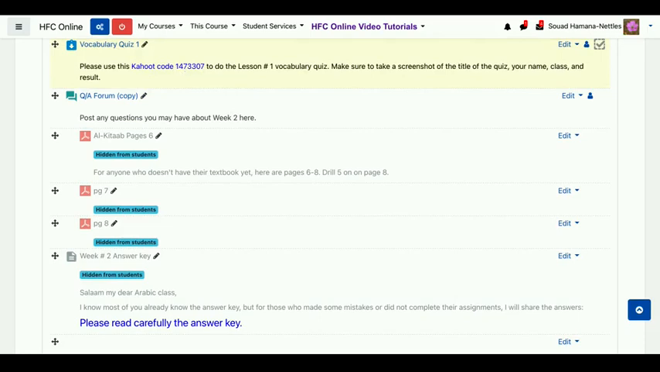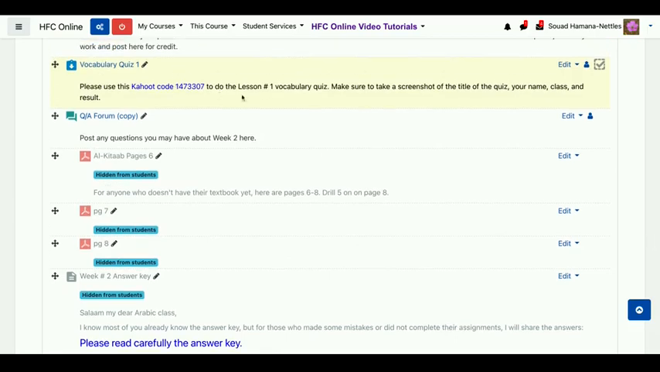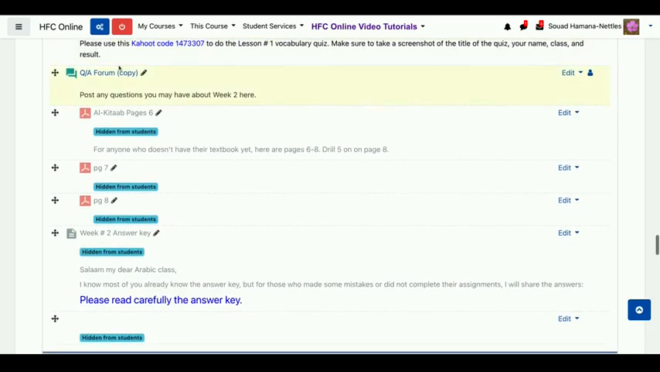How can I know that you did the work if I don't see your first and last name? Because this is how I know you. And the class and the score, and the title of the topic. So here it should be related to the vocabulary quiz: Lesson 1 vocabulary quiz. And you will see my name, Hamana. You need to help me confirm that you did the work, and this is the only way. If you have any questions, please